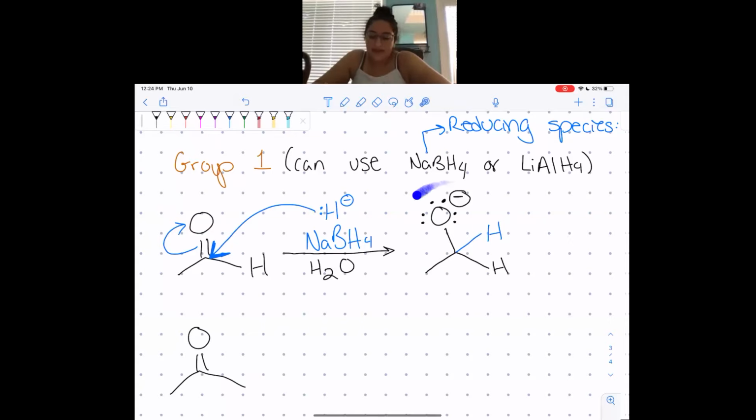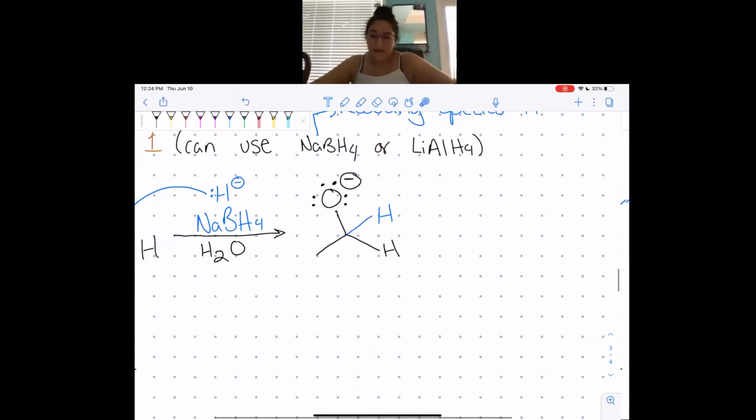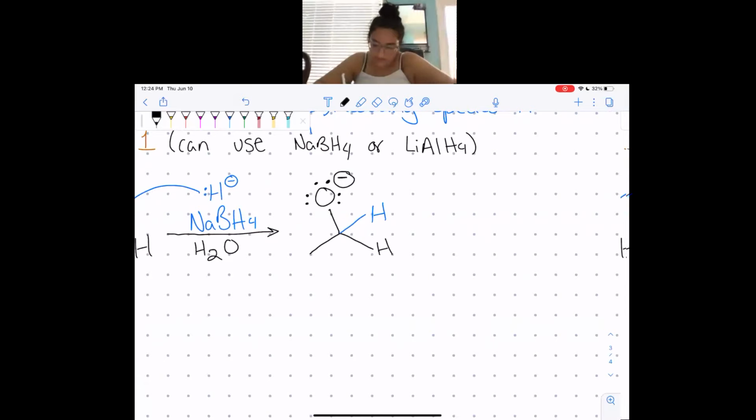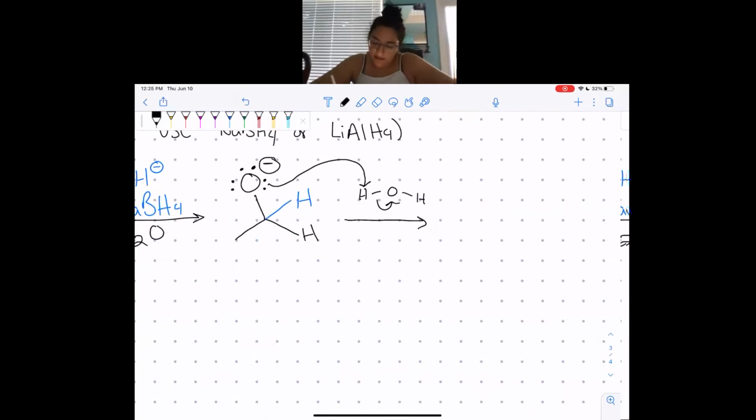At this point, if we have a negative here, what can we do? Or I guess another way I can phrase that. Yes, so someone said it's going to form an OH. And, all right. So we have that H2O. And we said anything with a negative charge is a base or a nucleophile. So it's going to go ahead and act like a base. It's going to steal that hydrogen. And we end up with